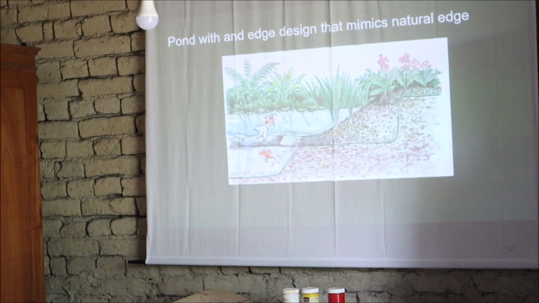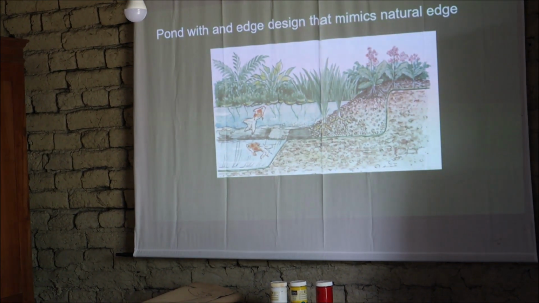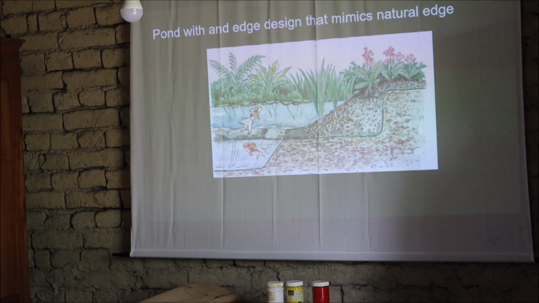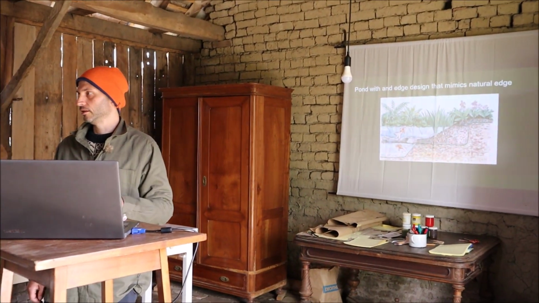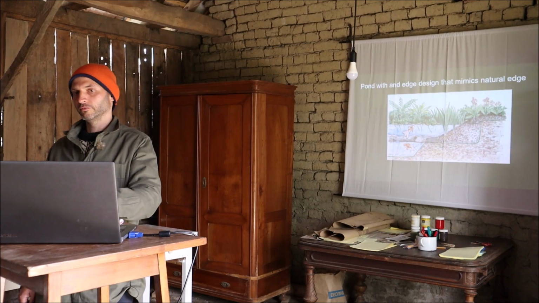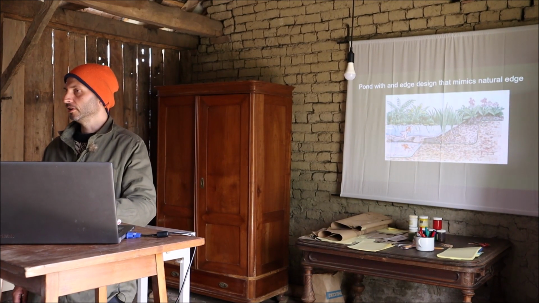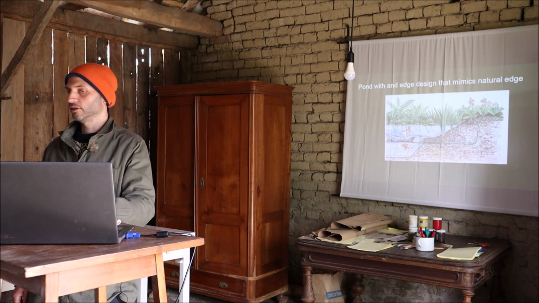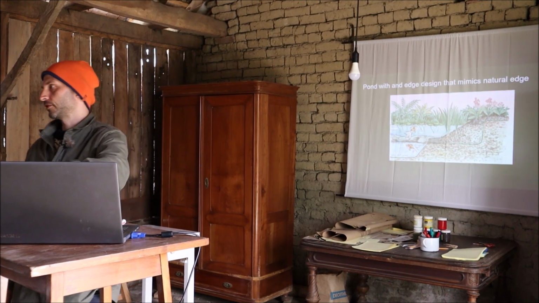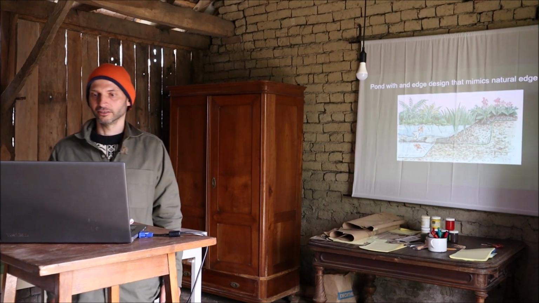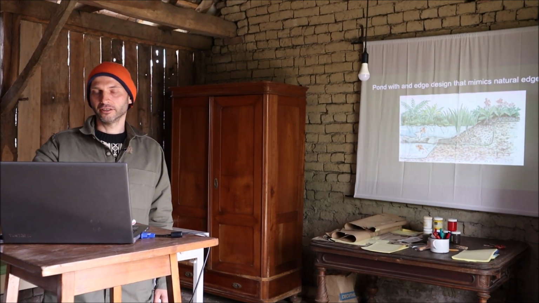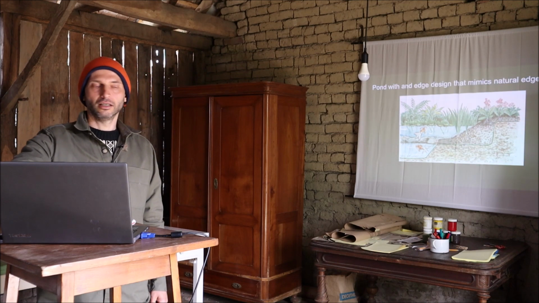is very nicely designed. Most of the ponds that people make in their backyards have these very artificial type of edges. And here you can see you don't have to create it that way. You can create a nice natural type of edge where, for example, if you have birds or other animals, they can come and drink from the water. They will not fall in and drown, or it looks very nice.